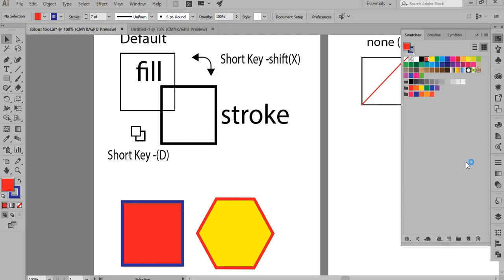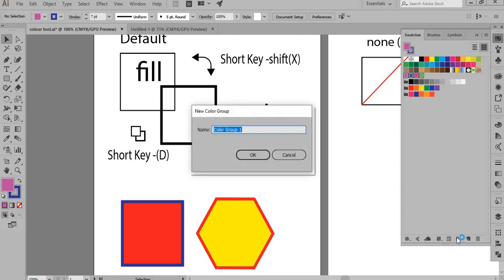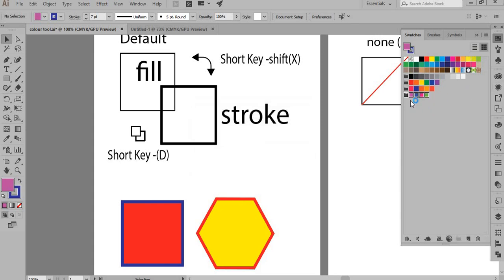So what you do basically is, I would select the color that I want. Like this is the color that I had selected from the last movie. I would first put this in a group, and I can select other colors also. I'm doing it together with the shift key, and I will go to my third icon from the right, and this is new color group. So I'll just click new and I'll click OK, and this is a color group that has come.